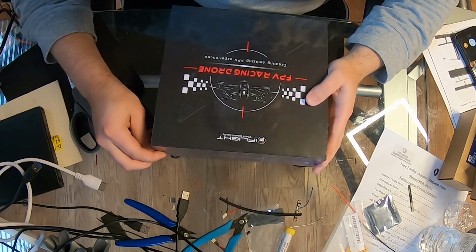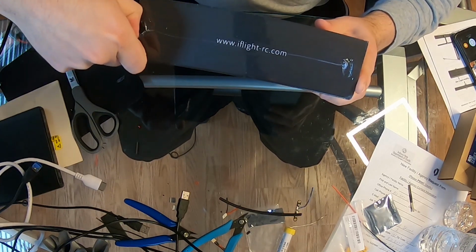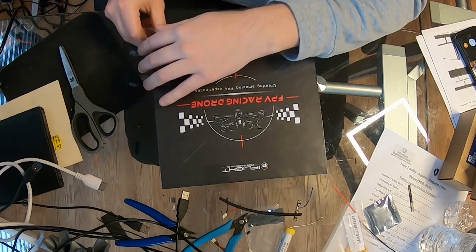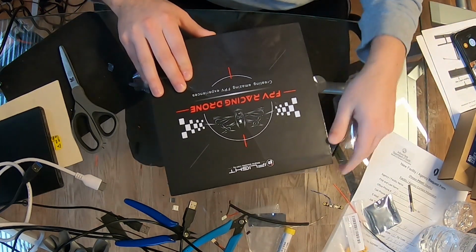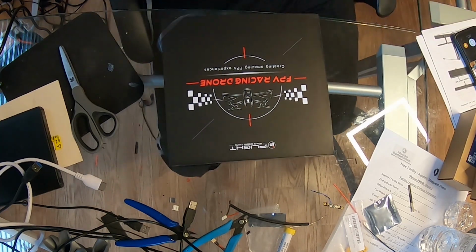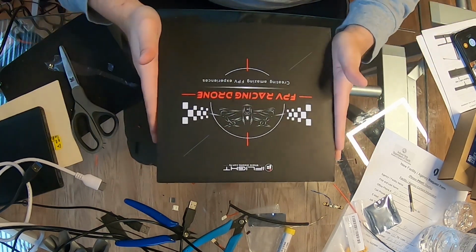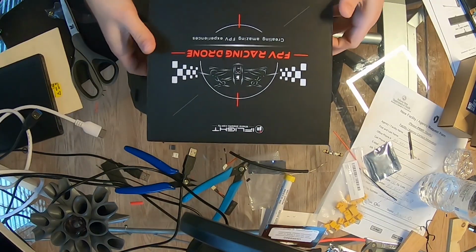Honestly, I have never flown a 6S before, so I don't really know what it's like or anything. I'm gonna go ahead and open it up. I honestly don't even know how to set up one of these. I don't even know if there's much I have to do, especially with the DJI system. I'm not really sure. So what you're about to see may be good, may be bad, but we're gonna find out. Let's see here. I hate these boxes. Alright, so,